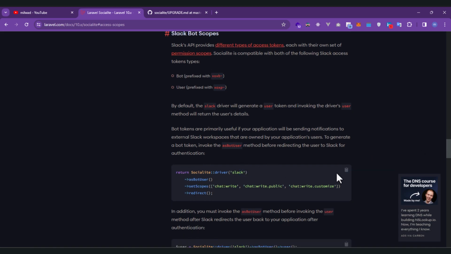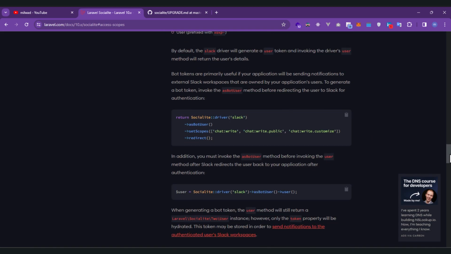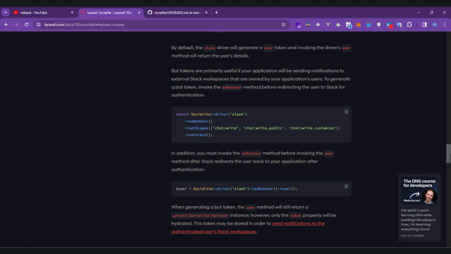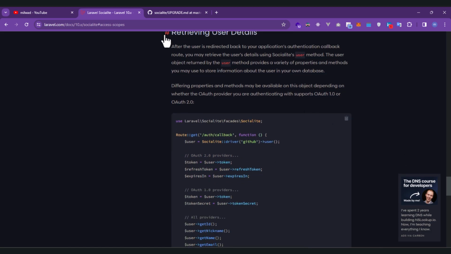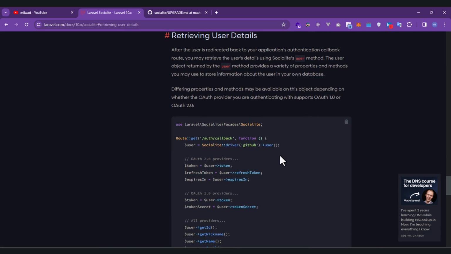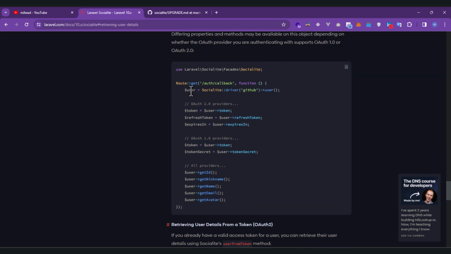And also you can use Slack with Socialite and use a Slack bot. So also you can send optional parameters with the with method. For example, you need to send the name for the driver. You write a custom driver, you create a custom driver, and you need to send some parameters. And for getting user details, you can see when you get the user which